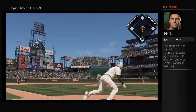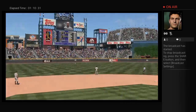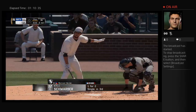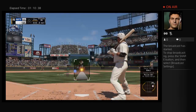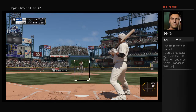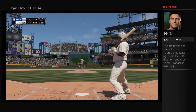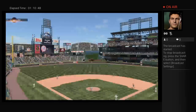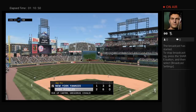Yeah, just sort of rolling over on it, guys. See if he can make a small adjustment and get through one here. Gardner will range to his left as he tracks this one down in left center for the second out of the inning. Hard liner toward short. Oh, and a beautiful diving catch there will end the...